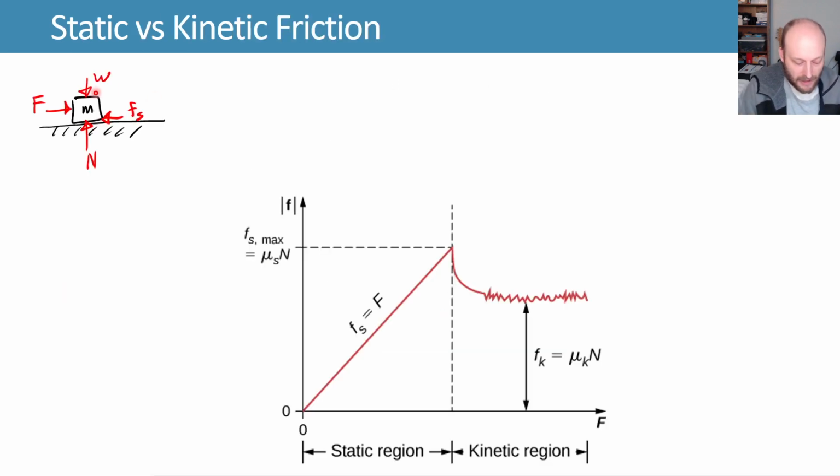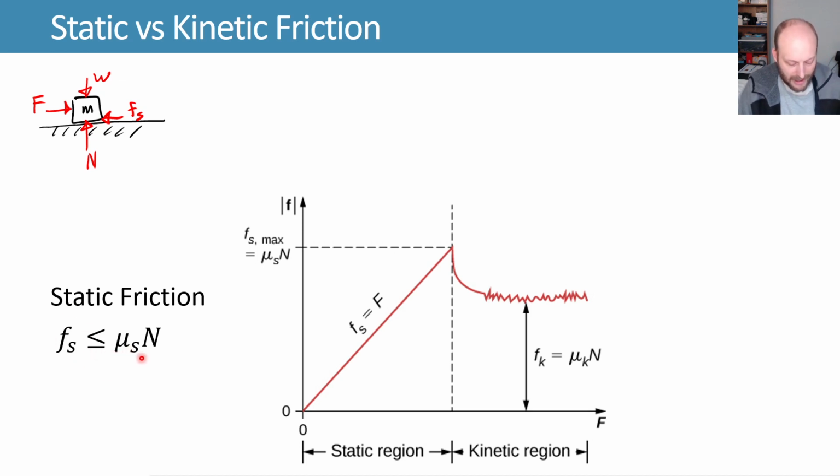In friction, let's say we have a box here, we're pushing on it with some force F, and then there's some friction force opposing it. You have weight acting down and normal force acting up. You're going to see some behavior like this as we increase the force we're pushing with. So we'll take you through this plot here as we consider first static friction. This is where the box is not moving yet. With static friction, our force of friction is always less than or equal to some mu s times the normal force. And this mu s is